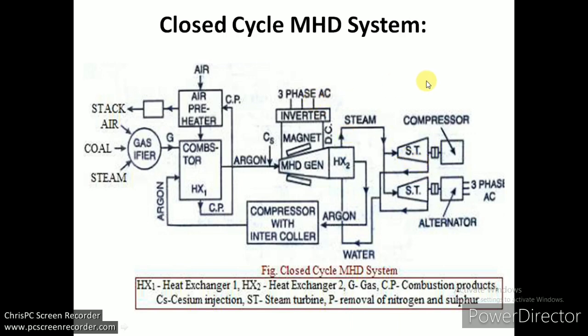Its operating temperature is around 1600 degrees centigrade in place of 2300 degrees centigrade. The second thing is that the duct is very small. The size of the duct is small because very high pressurized air is used. That is the reason for the small size of the duct. So it makes our plant compact as compared to the open cycle energy system.